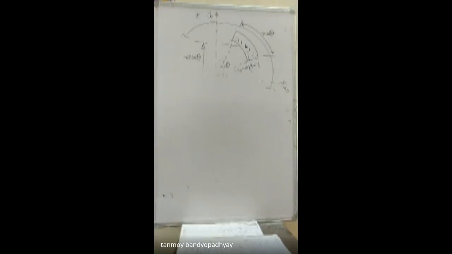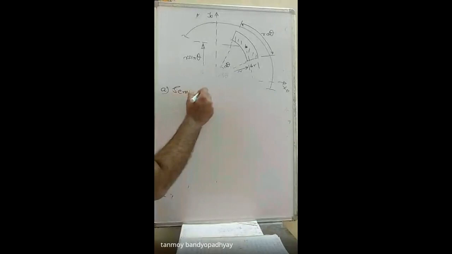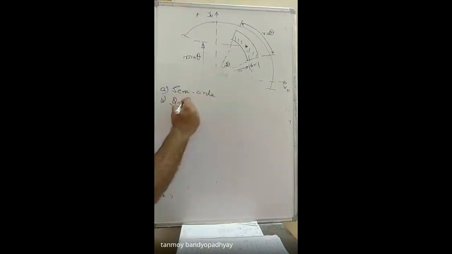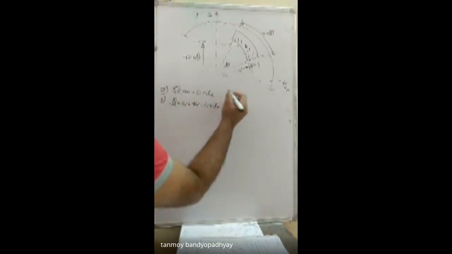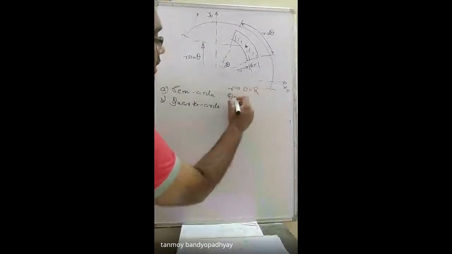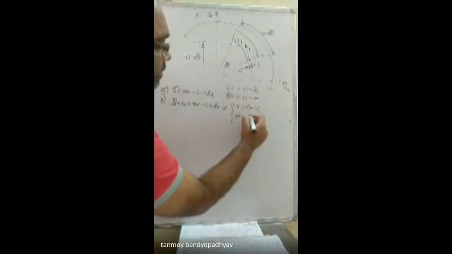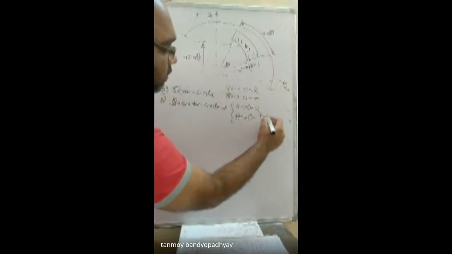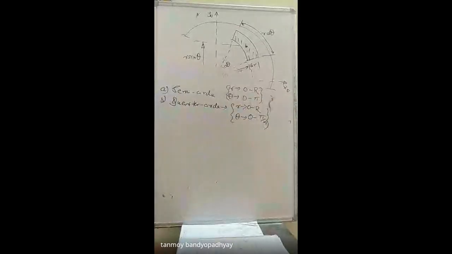I hope you now understand that this is a generalized element that can be easily applied for a semicircle and a quarter circle, or any sector where you know the variation of theta. So for a semicircle, r is the same, so r will be from 0 to capital R and theta will be from 0 to pi. And for the quarter circle, small r varies from 0 to capital R and theta varies from 0 to pi by 4. So do this yourselves, and we'll start with the next problem.